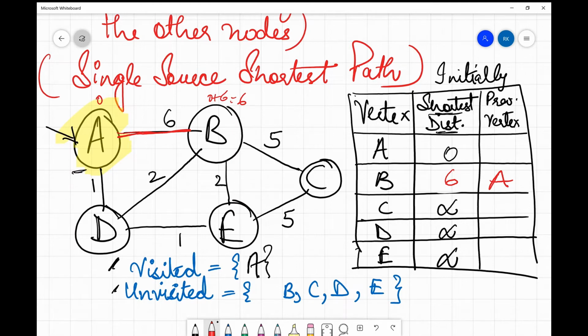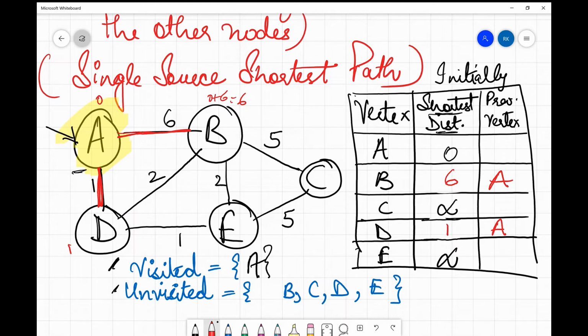Similarly we are also able to reach D at a cost of 0 plus 1, which is 1, which is less than infinity as well. So we update this as 1, and write the previous vertex as A. Now which node to process next?